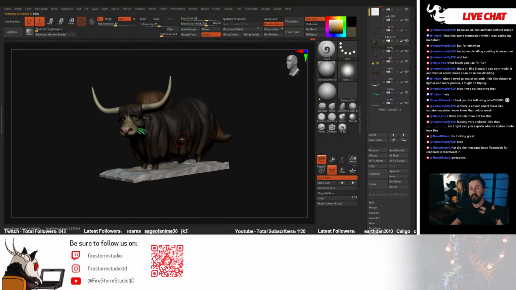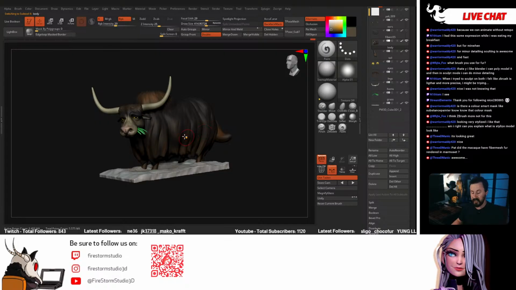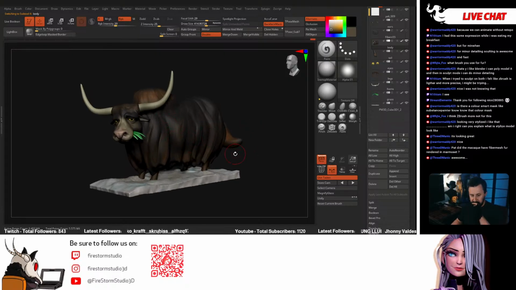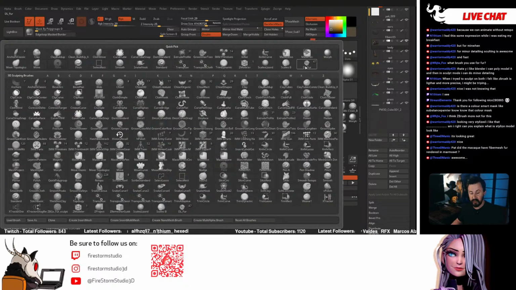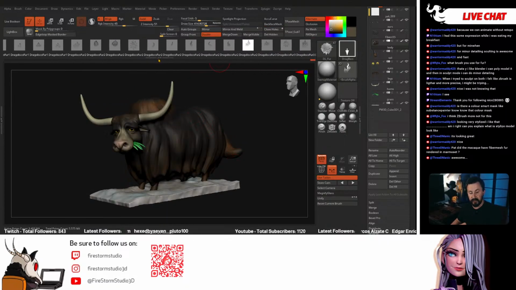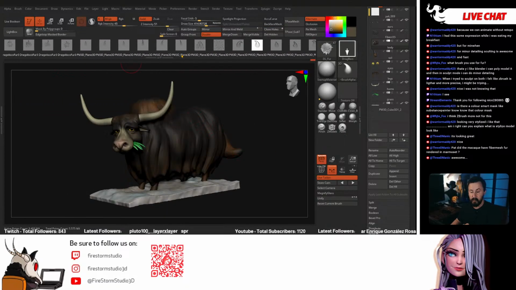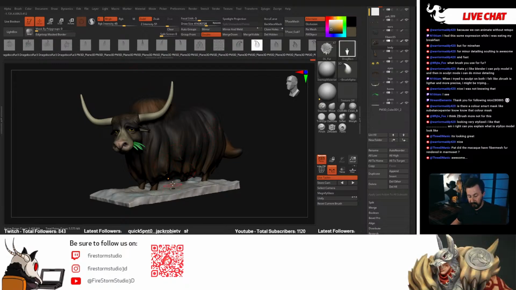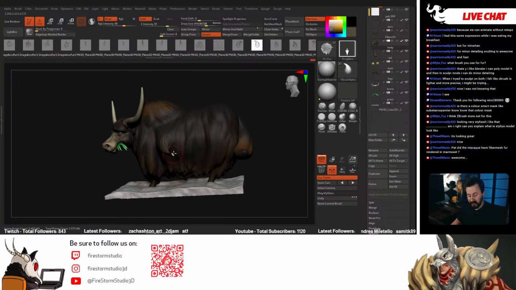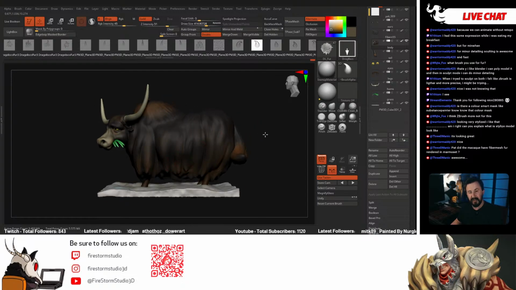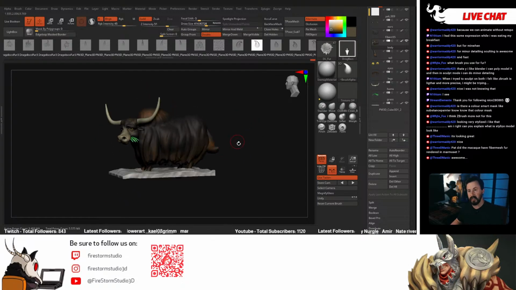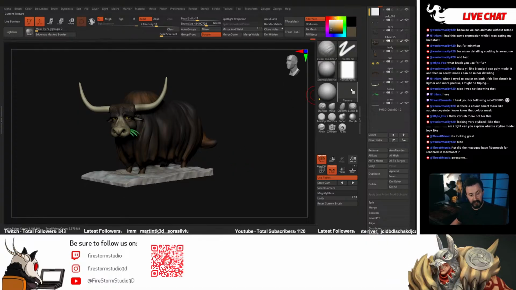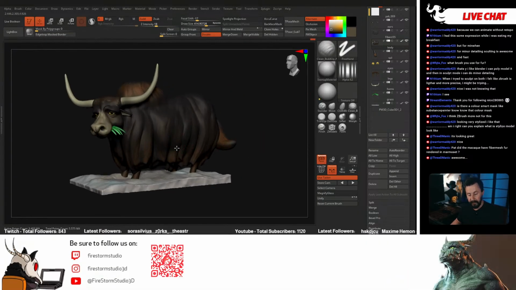Now, obviously, we can continue this. You can start to go in and refine the fur. You can make your own fur brushes and add clumps, etc. to it. Again, we could go into the Dragon Lisco brush here, and there's a whole bunch of other options that we could use. We could go in and start adding different sections like this. But to be honest, if you were really wanting this kind of effect, you would manually do it. You would manually do larger chunks like that, and then go in with maybe a custom version of your alpha brushes. You can see that if I lower the intensity,